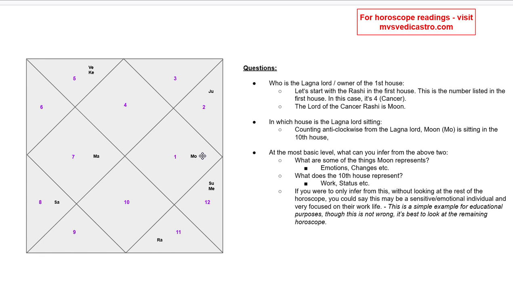All of the things that the 11th house represents and some of the things that Jupiter represents. So Jupiter represents expansion, 11th house represents income. And since Moon is in their 10th house, you could say work related, they might see some expansion in their income. 11th house also talks about the friend circle or your social circle. Jupiter talks about expansion, so somebody's social circle might expand during this period, so on and so forth. So this is how you make those linkages.